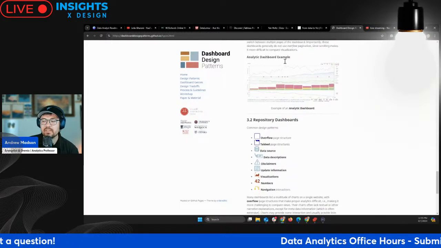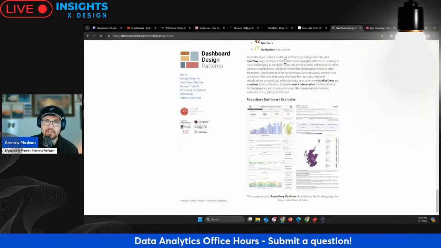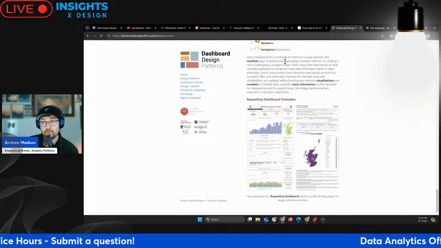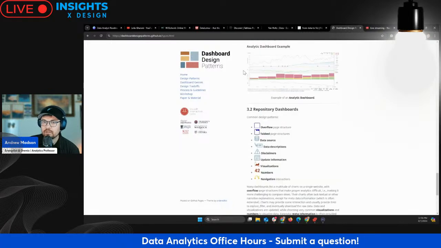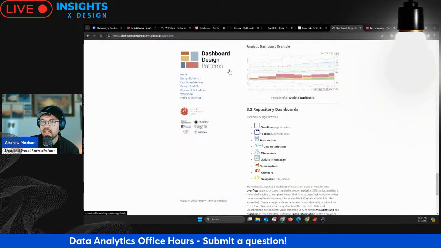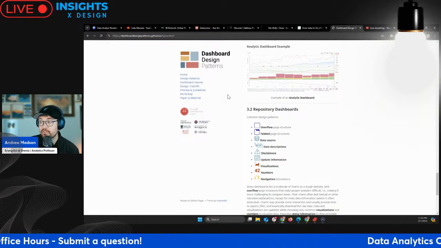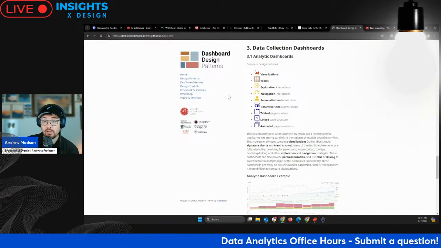Or are you making something that people really want to drill into? Is the purpose of it for them to perform their own analytics? And you need to make sure that those tables that they drill down into are super clean, easily manipulated, easy to export. And so dashboard design patterns is a fantastic free tool that I think everybody can use in order to figure out, okay, here's what I want to accomplish, and here's what that could look like.